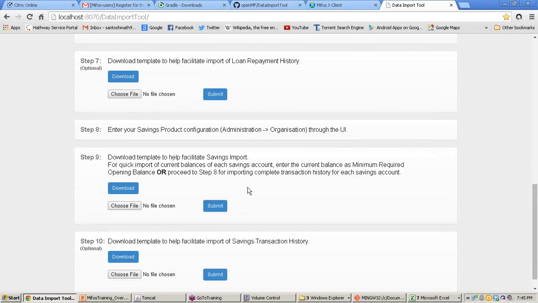Hello. Can we use the same XLS files for the old MyForce versions, for version 2.6? I don't think so. Or do you have any special utility for this? Yeah, there is a different utility called migrate to MyForce X, or move to MyForce X. That one migrates data from MyForce 2.x to MyForce X. That is a migration tool, and this data import tool can be used with only MyForce X.